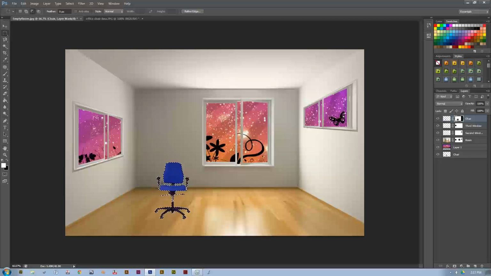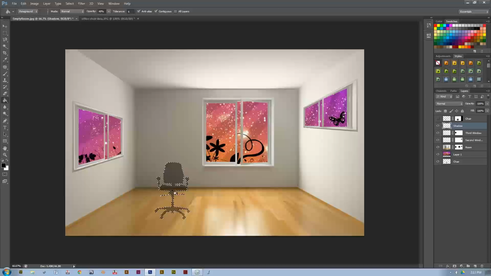I want to create a shadow. The shadow has to be on another layer. If I fill this in black right now, it's going to cover up my chair. So I'm going to create a new layer. Name it shadow. Okay. And it needs to be below the actual chair. And in this layer, I am just going to fill it in black. Use the paint bucket, got black selected with my color. I'm going to turn the chair off for a second so you can see it, and it just filled in